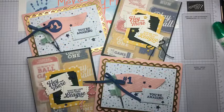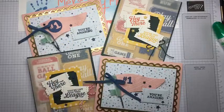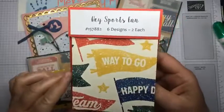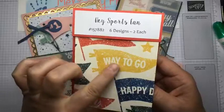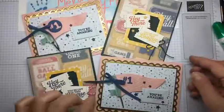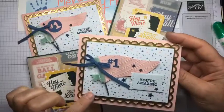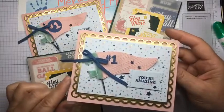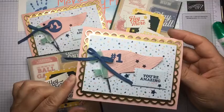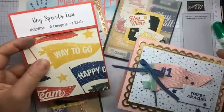I think it's really cute. I think it's easy when you look at the designer series paper, it's really easy to kind of think in terms of these primary colors and only using it to make kind of bold cards like this. But if you swap out your colors, you can still make really cute kind of girly projects with it as well. And softball is so huge even with the girls,